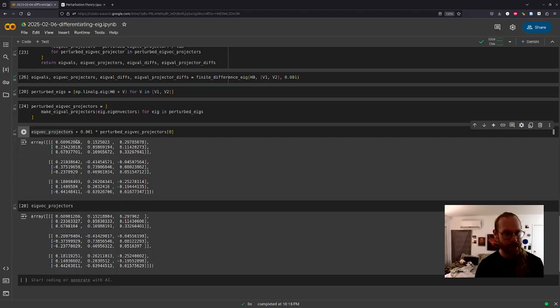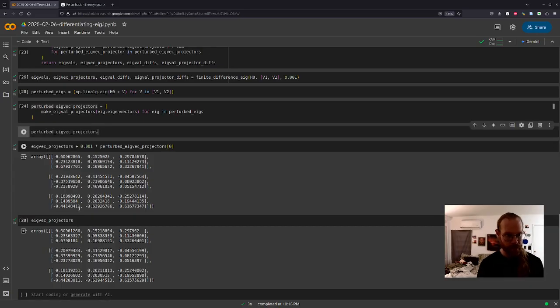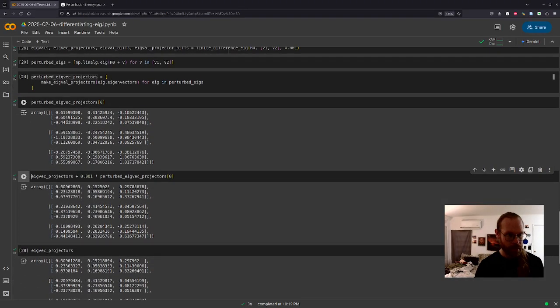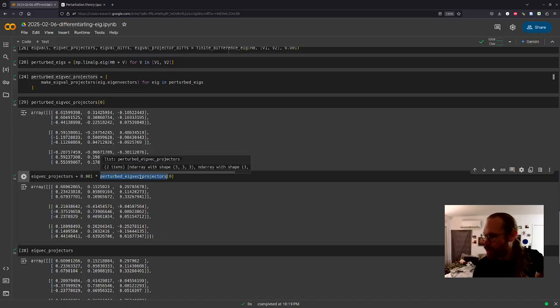Is that equal to perturbed eigenvector projectors 0? No, because this should not be perturbed eigenvector projectors.